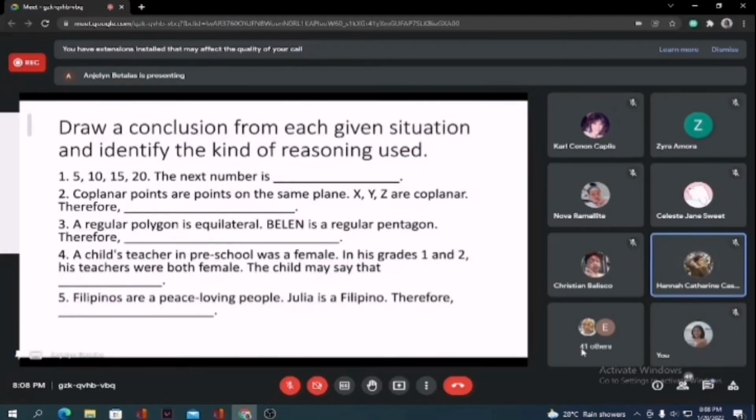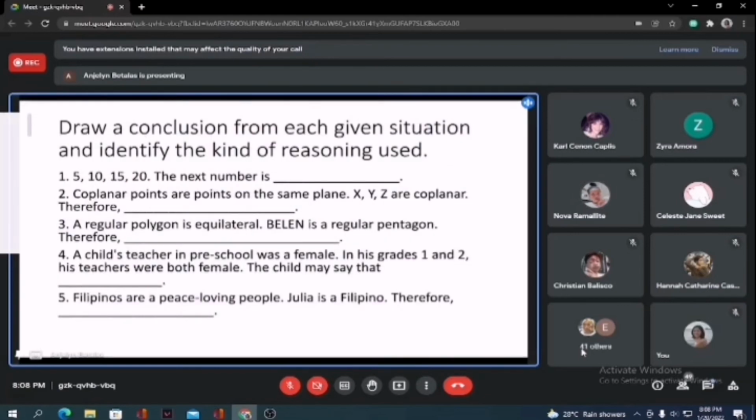Yes, ma'am. Number 2. Coplanar points are points on the same plane. X, Y, Z are coplanar. Therefore,